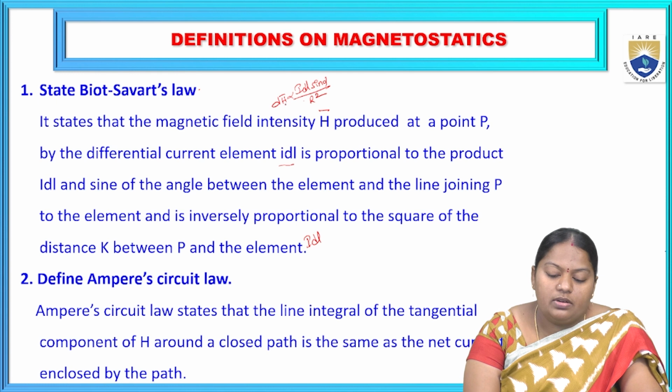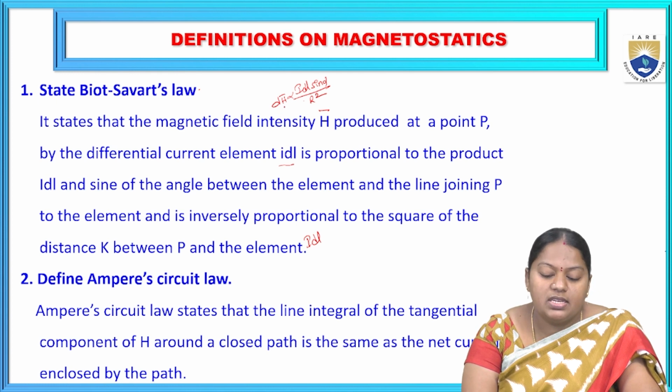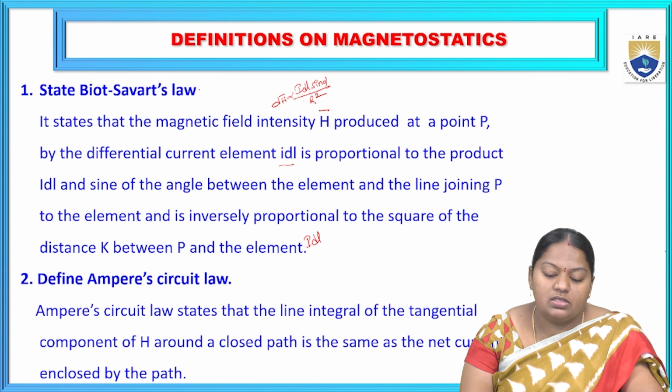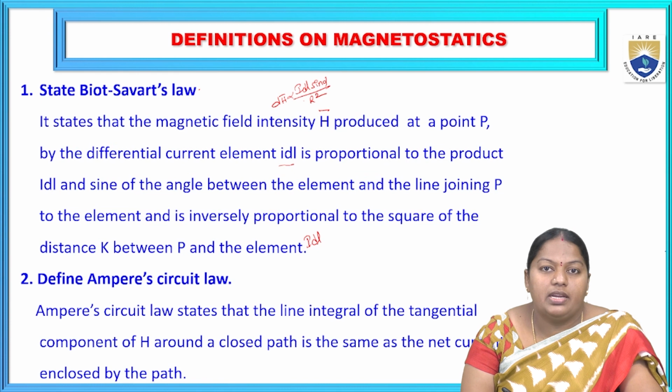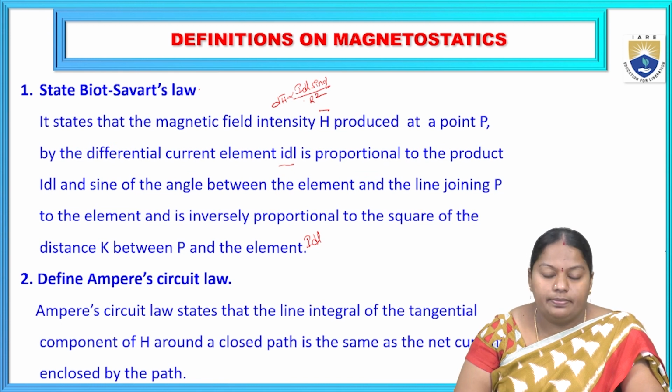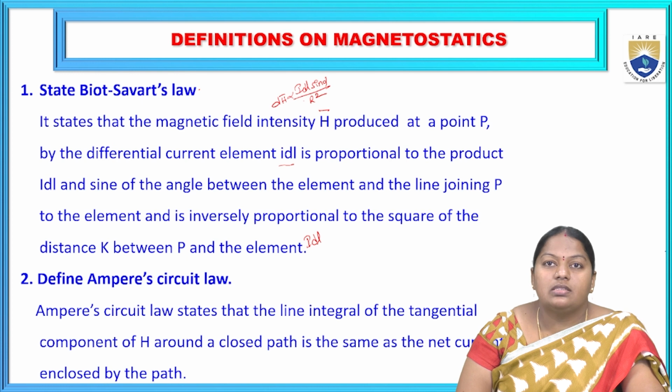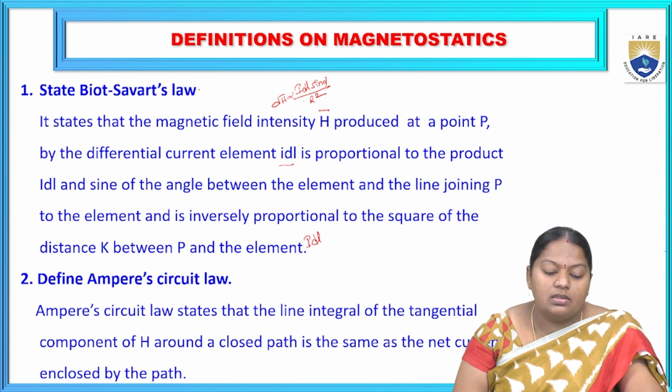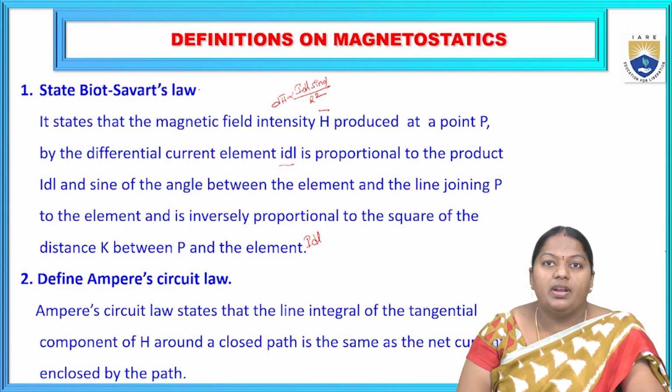Right? So, the differential component of magnetic field intensity dH is directly proportional to the product of the current element IDL and the sine of the angle between the current element IDL and the point P, and it is inversely proportional to the square of the distance between the current element IDL and the point P, where we are going to evaluate the magnetic field intensity. Right? So, this is Biot-Savart's law. Biot and Savart are two scientists who proposed the differential component of magnetic field intensity, which is analogous to Coulomb's law in